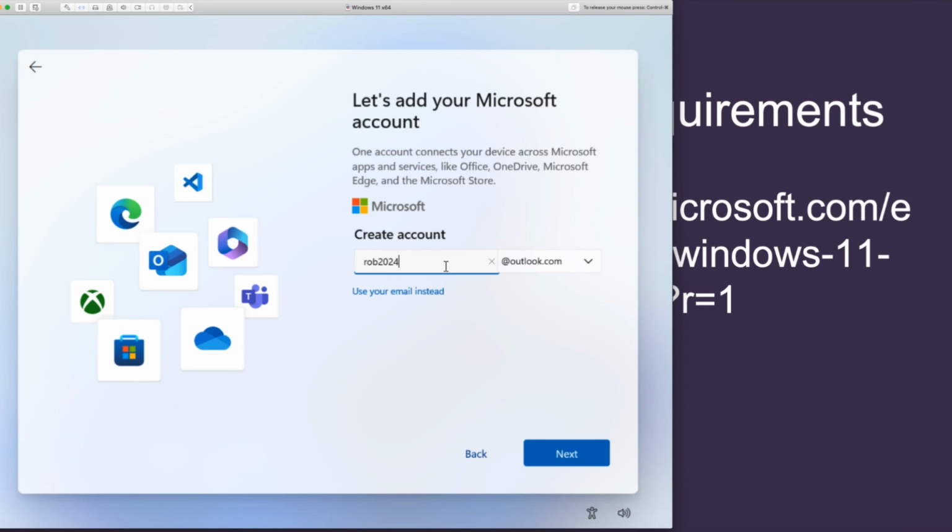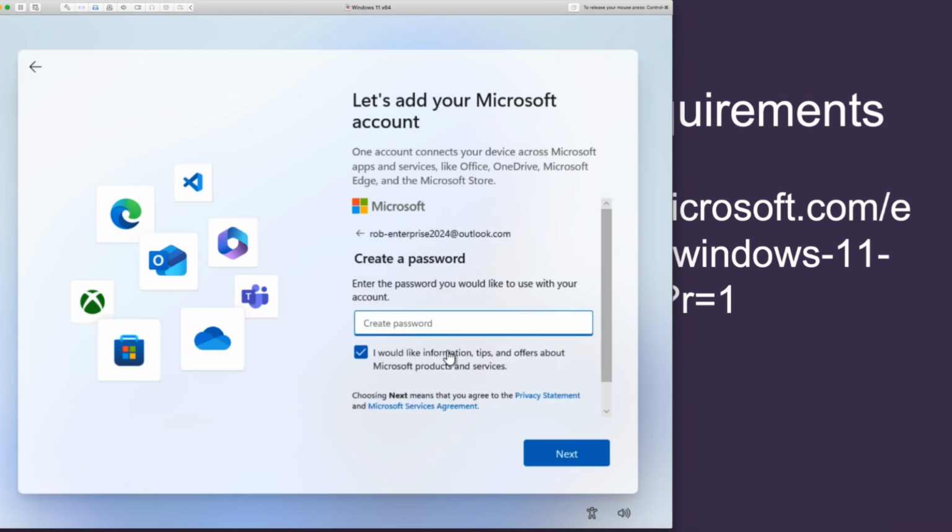2024. Dash Enterprise. Sorry, can't spell. 24. Let's try that. Perfect. I'll say something like, you know,